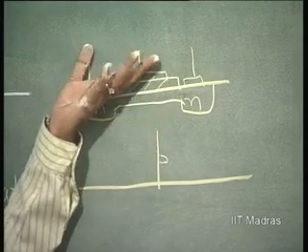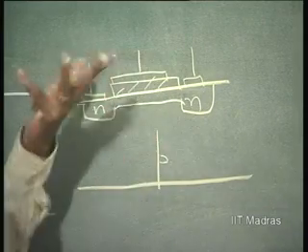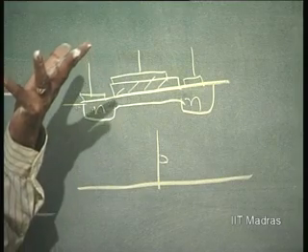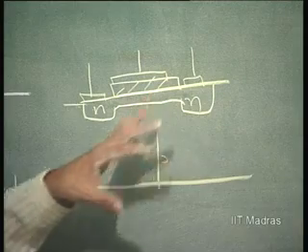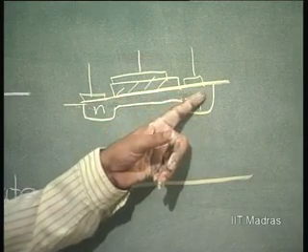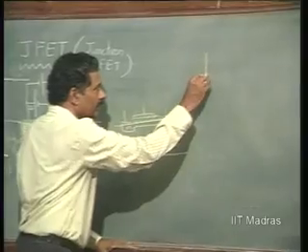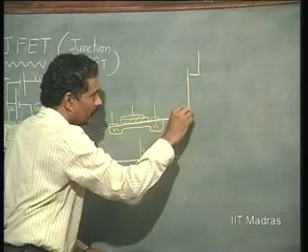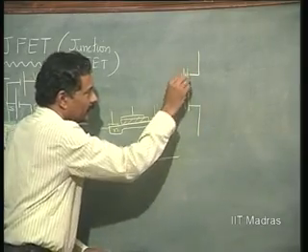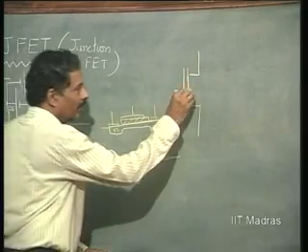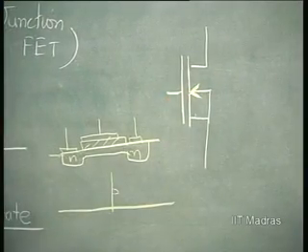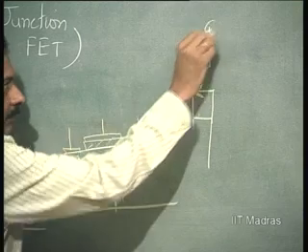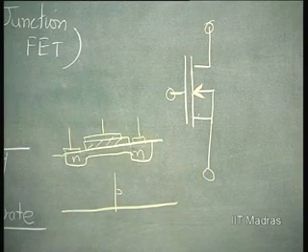We can apply positive gate voltage or negative gate voltage, nothing is going to happen. It will not draw any current. So, as far as the depletion mode MOSFET is concerned, you can have a channel already existing, that means the symbol is very clear. The channel is already there, so it is not broken, and this is the substrate. So, this is the complete symbol, but again this is too cumbersome for us to draw.